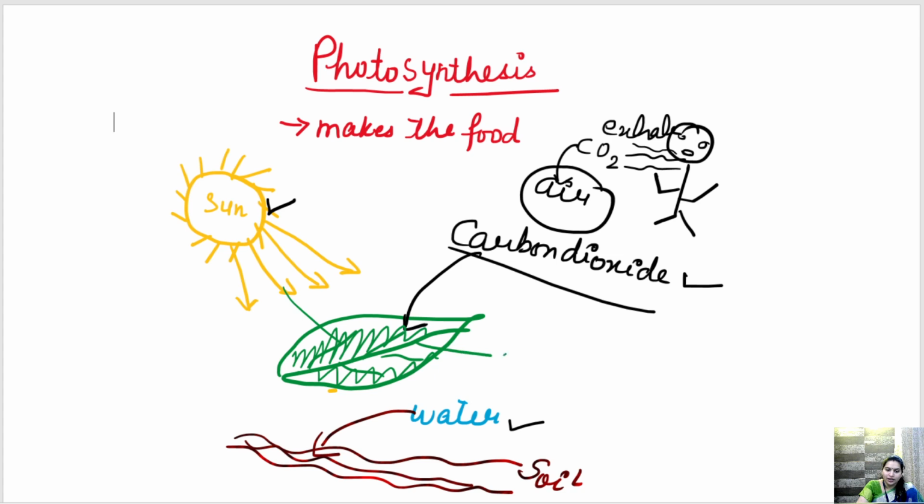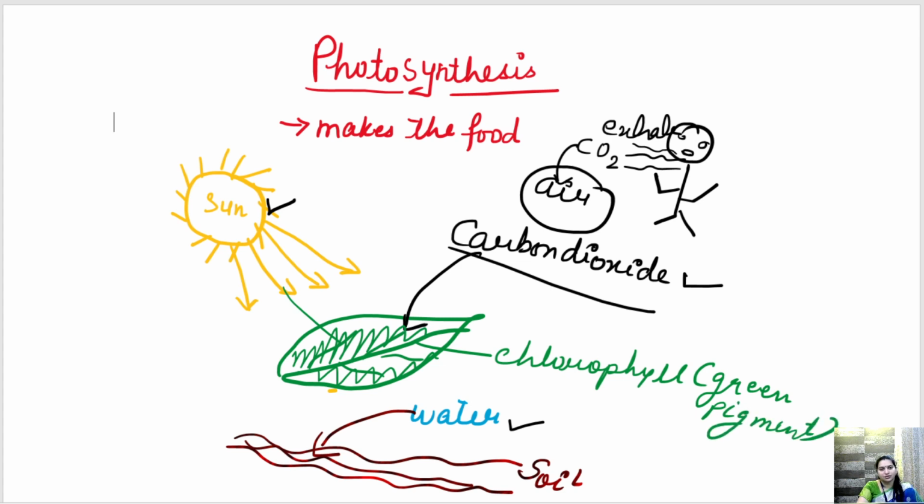Leaf contains chlorophyll, a green pigment, and because of the presence of chlorophyll, the color of leaf is green. So by using all these things together, plant makes its food, and the process is called